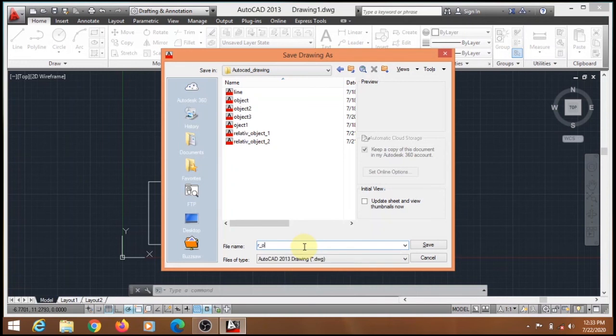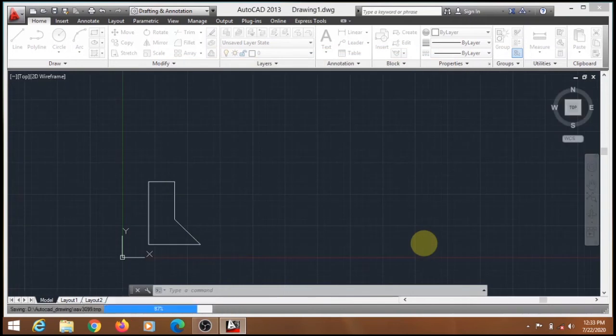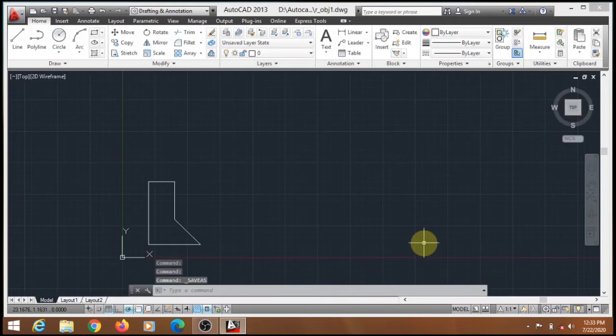I have given name to this file as r_obj1, r for relative object 1, and then press save button. So this drawing will be saved into the drive of your computer, and you can open it whenever required and do the modifications.